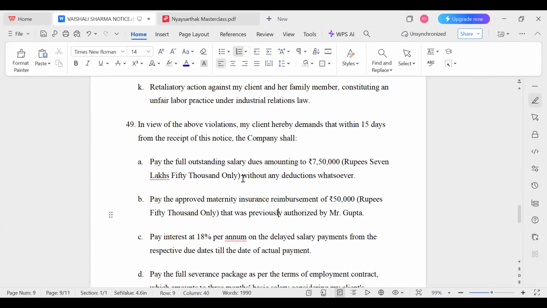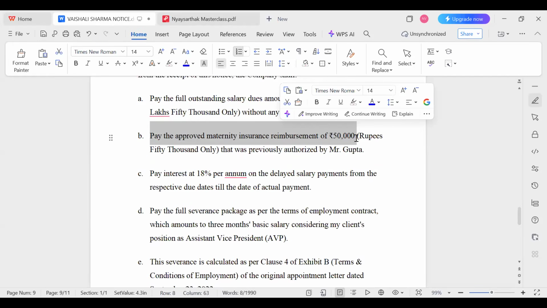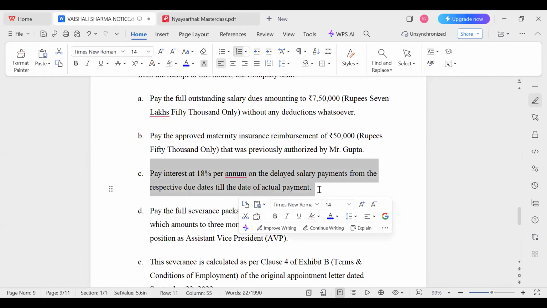Okay. So then we have written it down that pay the approved maternity insurance reimbursement. It is written in that the other company has to reimburse you a particular amount of 50,000 if they have not taken insurance for you. Okay, so we have written that also, and we have written this thing also that we are entitled to get